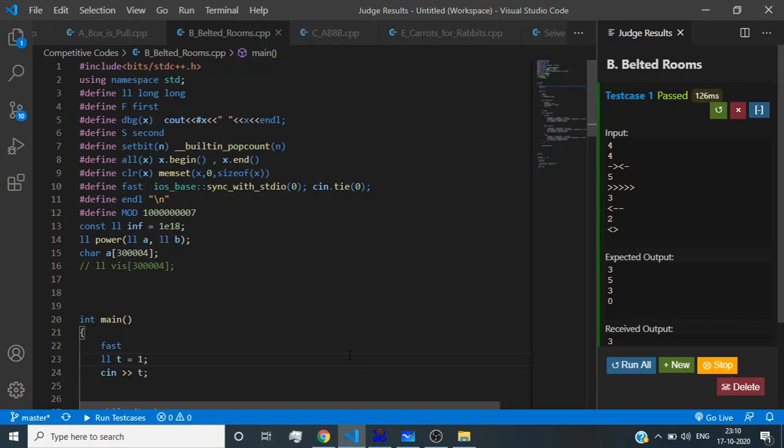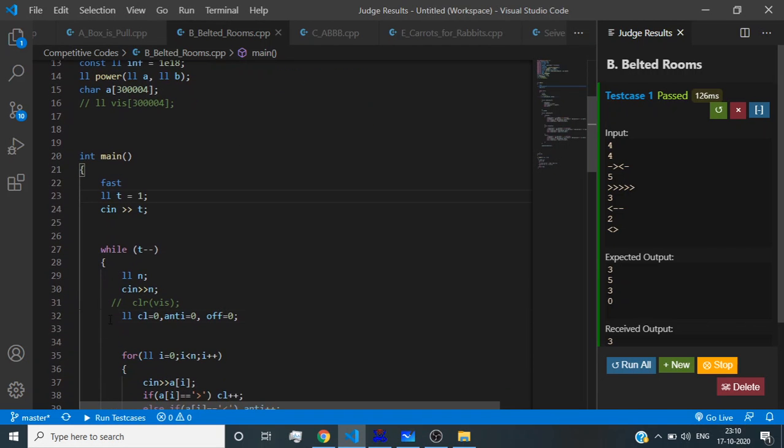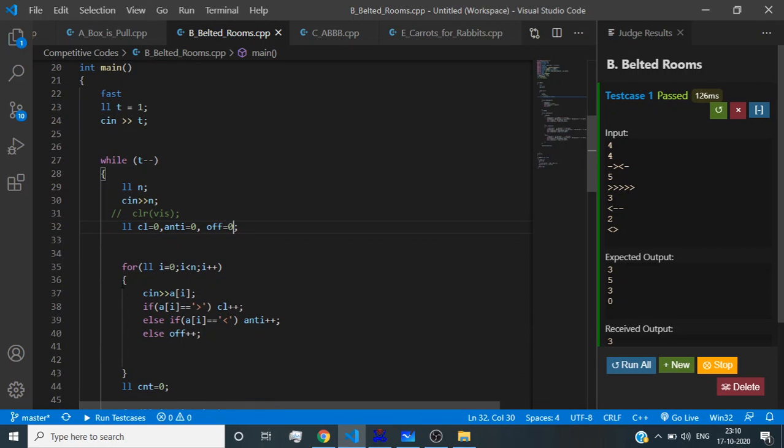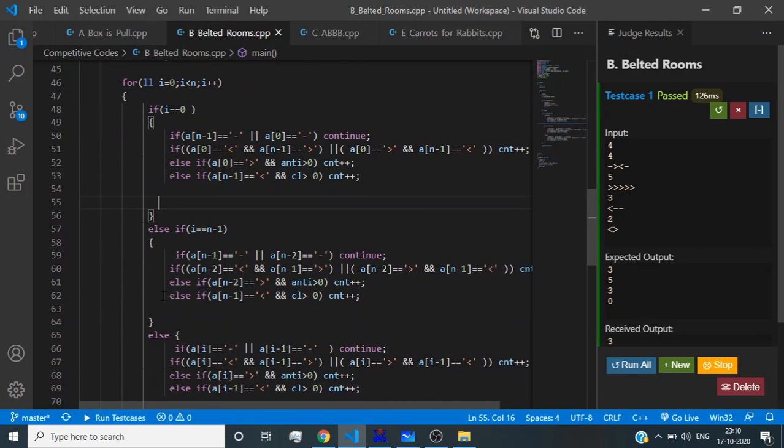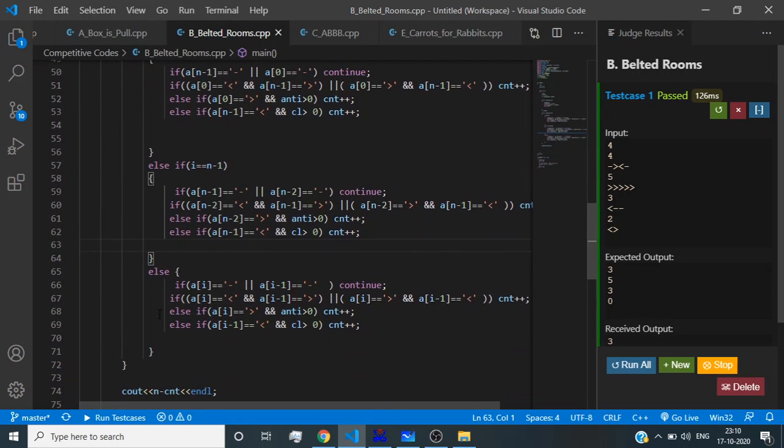So now I'll try to explain my code. What I'm doing is taking the count of clockwise type of conveyor belt, anti-clockwise type of conveyor belt, and similarly off type of conveyor belt. I'm taking the count of all these. Here I'm taking special care of the zeroth case, the n minus 1 case, and here the general case. I'll explain the general case. If the current belt or the previous belt is of off type, then we just have to continue, because it's definitely going to be a